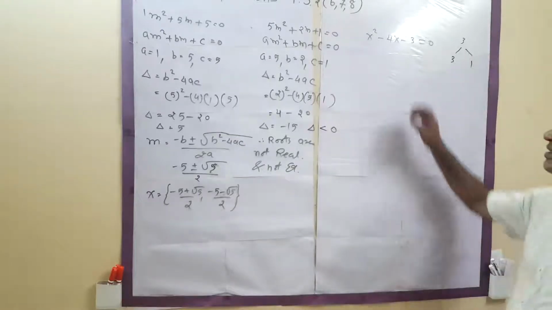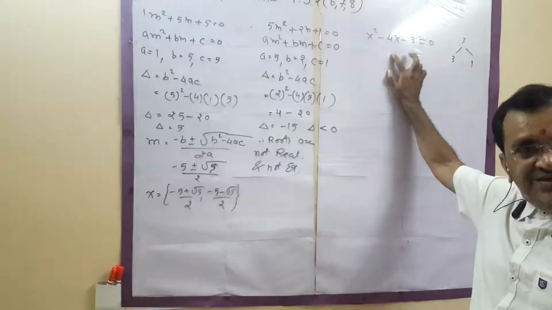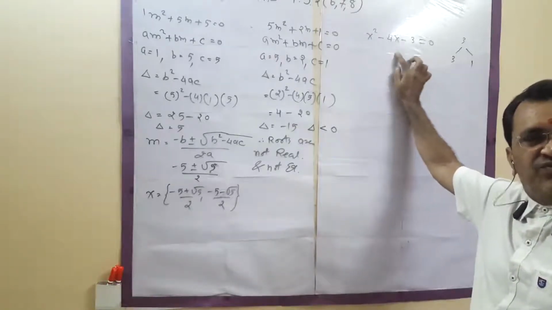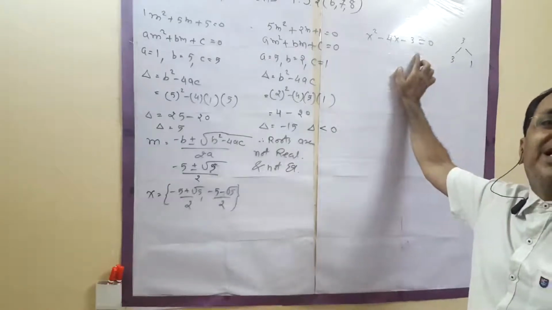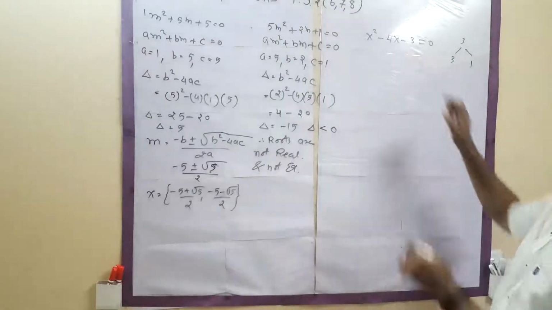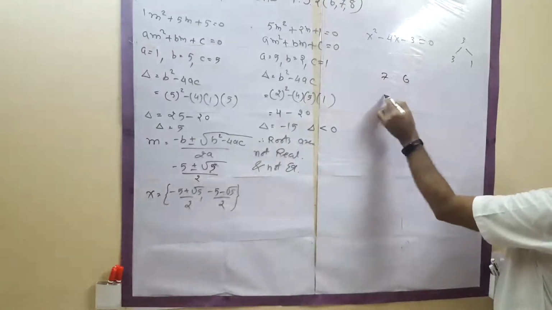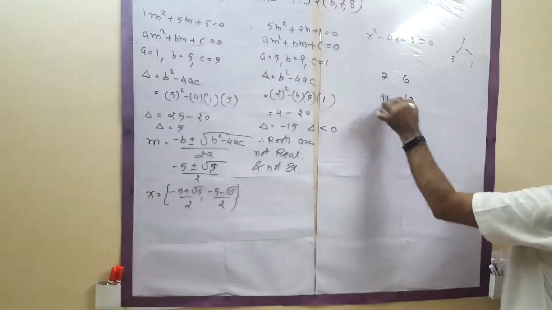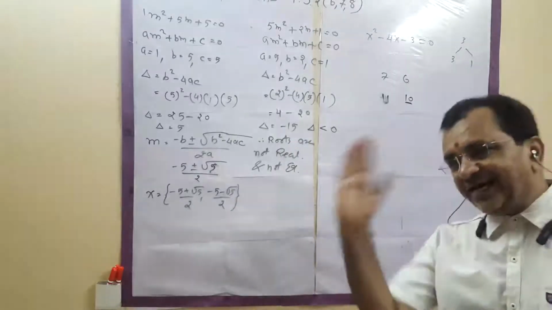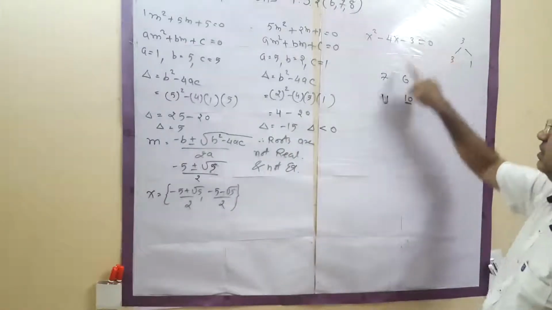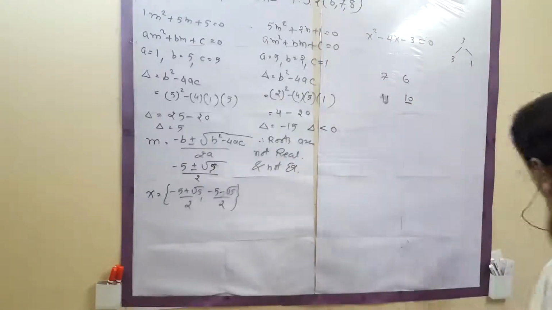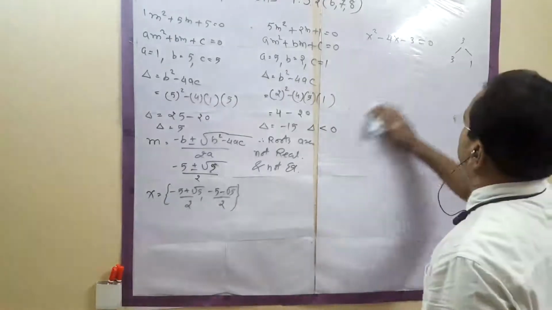From 3 to 4, it is very easy. 3 ones are 3. When the middle number is next to the end number, this is 3, this is 4. If it is 10 and 11, 10 ones are. If it is 12, 13, 12 ones are. If it is 7 and 6, 6 ones are. If it is 9 and 11 and 10, 11 ones are. B is next to C. So at that time ones are the only factors. No other possibilities. Always remember that.